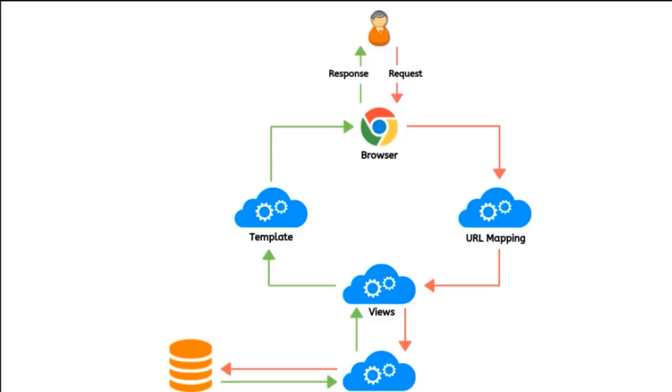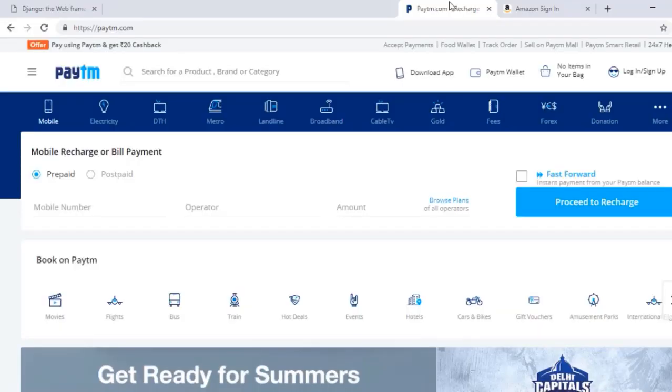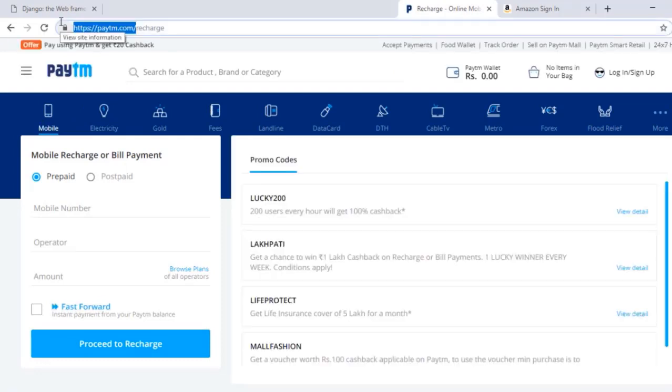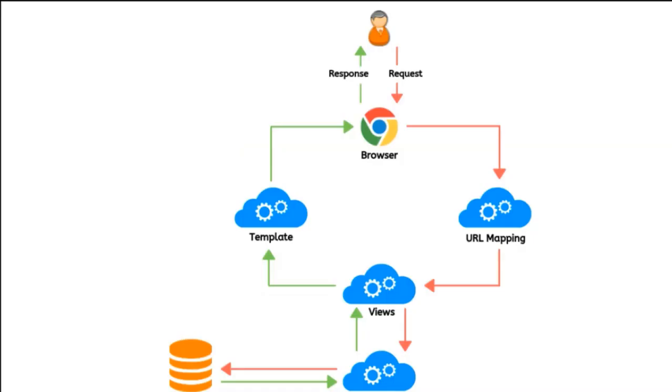Now I hope you understand the importance of URL. So if I visit anything on paytm.com, for example, if I visit this mobile recharge section, that means if I just visit paytm.com, it will call our homepage view. Now if I call paytm.com/recharge, it might call a different view which may return different functionality, different database items and also a different template. So that's how everything is controlled with the help of these things. This might be confusing, but let me talk about the Django structure now.